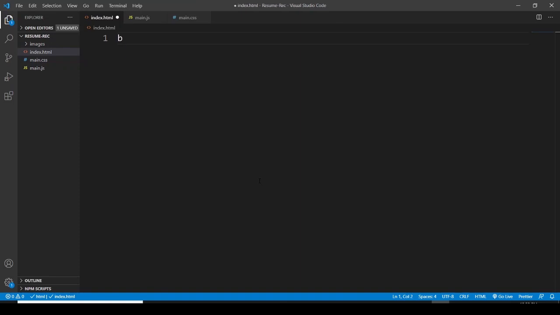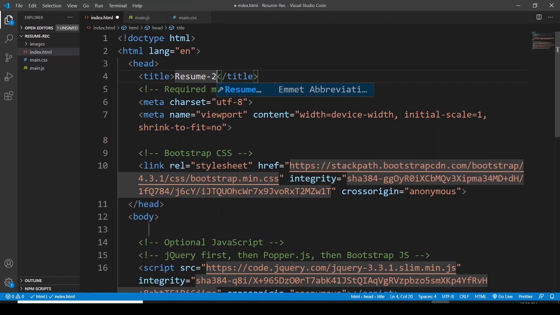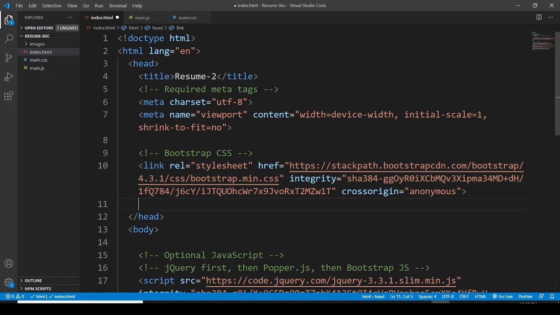So I'm going to type B4, and then I press enter, and I have a starter template of Bootstrap. Now here in this title section, let me remove this one and let me say resume 2. Then after this, here I would like to link my style sheet. So link related to style sheet, and href is going to be